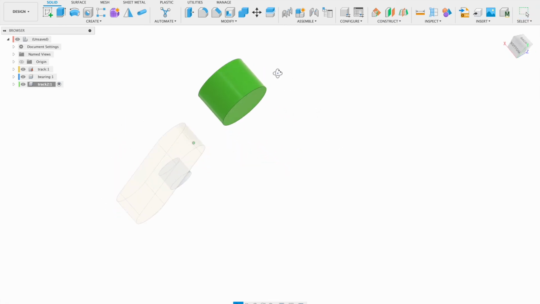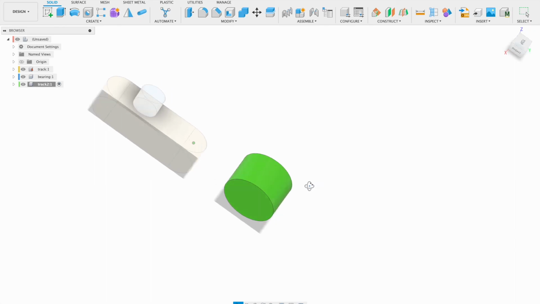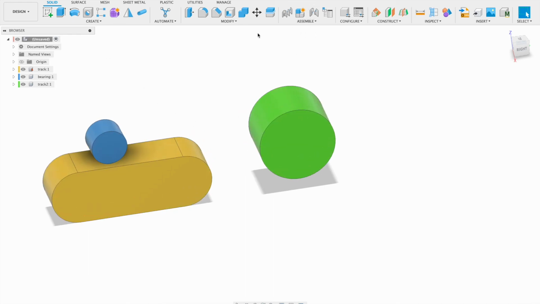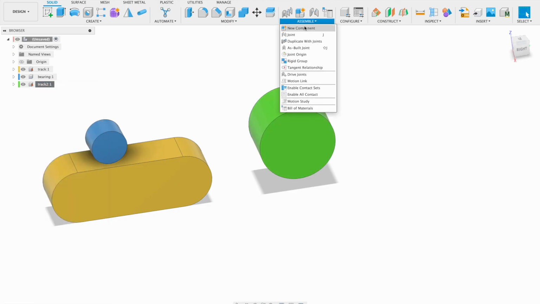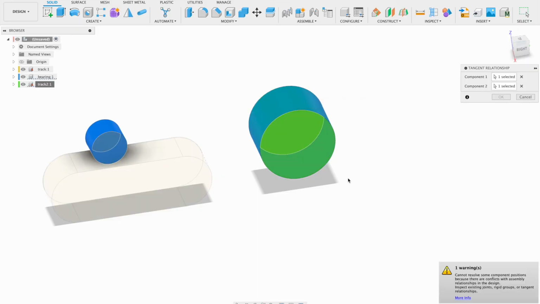Okay. So as you can see, the cylinder doesn't have a line on the outside. So let's see what happens if I create a tangency relationship between these two. Let's ground our track too, so it doesn't move. Tangent relation between this and this, okay? Now, it's telling me,